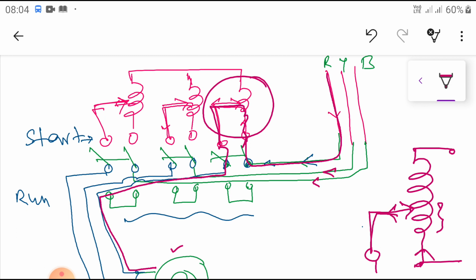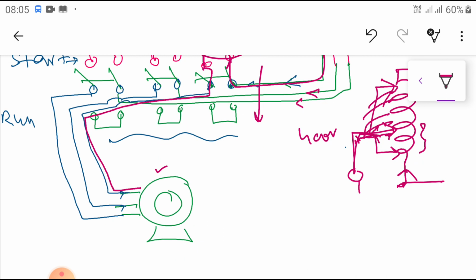By changing the jockey, initially the number of turns is less, so go on increasing up to this one. Once it is increased here, we produce the rated voltage. Then once the motor is running at the voltage range, you shift this run position to this position. What will happen? These two terminals are connected here, and these two terminals are connected here. If you move in this direction, what will happen?